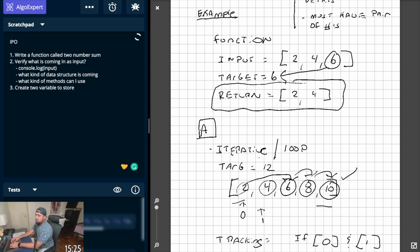Okay, two variables. One is going to be, what are we going to call this? Nah, this is an array. We know it's an array. Yeah, it's called array. Let array equal input, which is one of the parameters, and let tar equal target. The naming is pretty bad here, I need to refactor that part, but